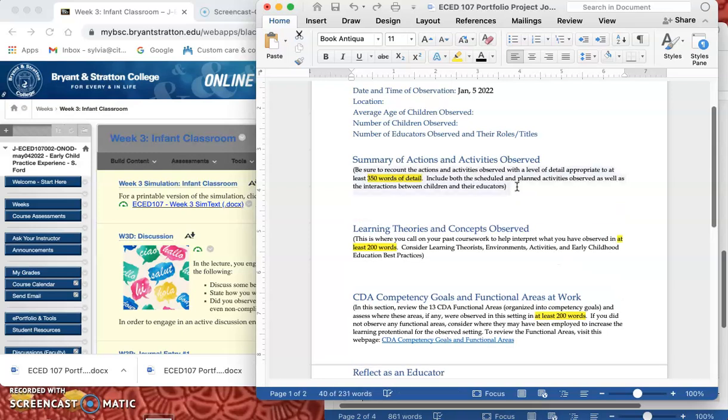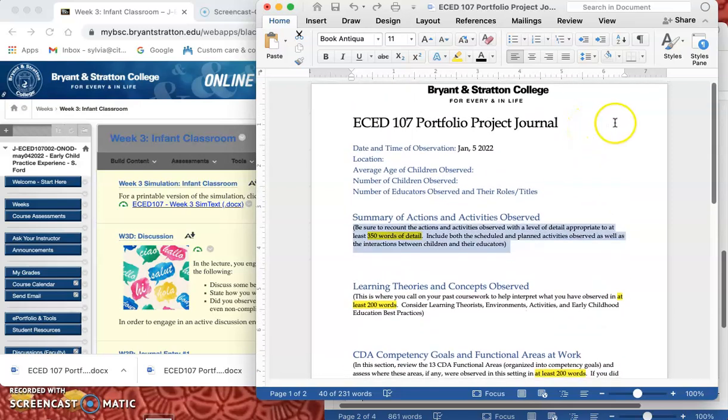Now I'm going to put it back the way it was for now, but this is a live document, so I want you to use it in that way. Write right into the document and make sure you delete the instructions after you figure out what to do. You could always write under the instructions and then delete the instructions once you're done with them and move on to the next section. I hope that's helpful for you. I know that was a kind of a long